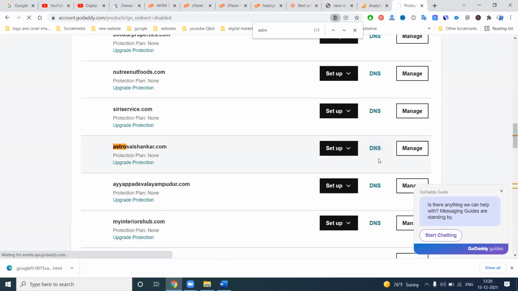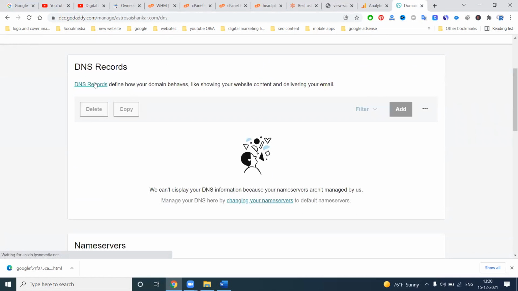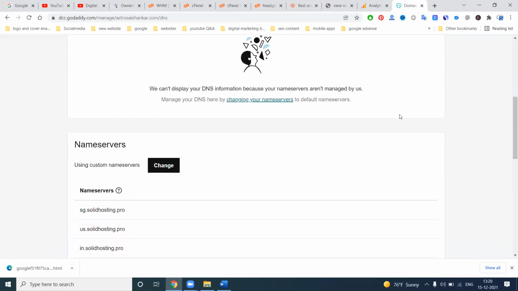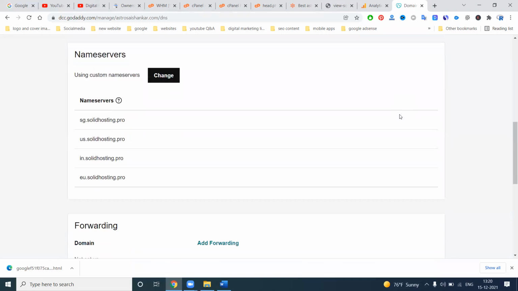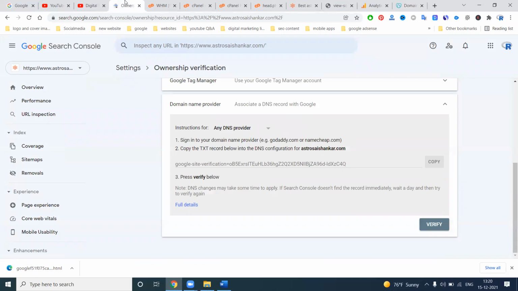Go to DNS. These are all the DNS records. Here you can open the DNS records and add a DNS record. Any DNS record can be added from these options for Google Search Console verification purposes.